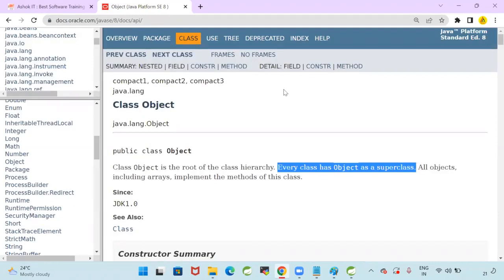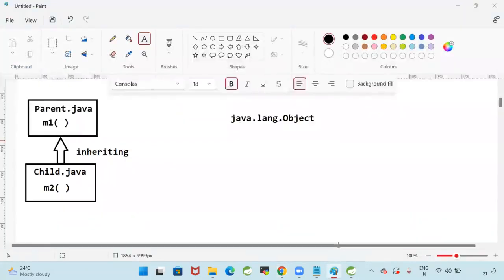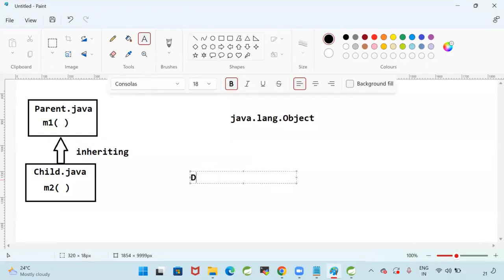Guys, in Java, there is a predefined class with a name called java.lang.Object. Now, if you create a class with a name called demo, if you create a class with a name called user, or if you create a class